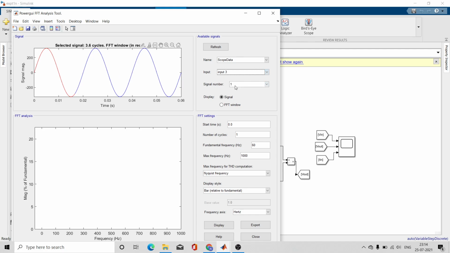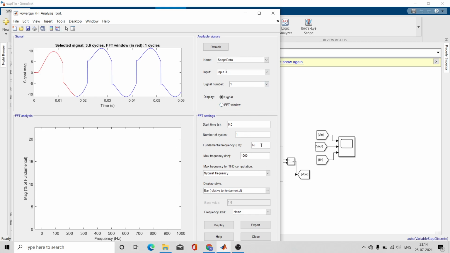You can even see the signal over here. Yes, so this is the input current waveform, and the fundamental frequency is 50 hertz. Let me change it to 50 hertz, and the maximum frequency is 1000 hertz. So in between these, if there is any kind of harmonic, second, third, fourth, fifth, sixth, seventh, 10th, we are going to see all these harmonics.